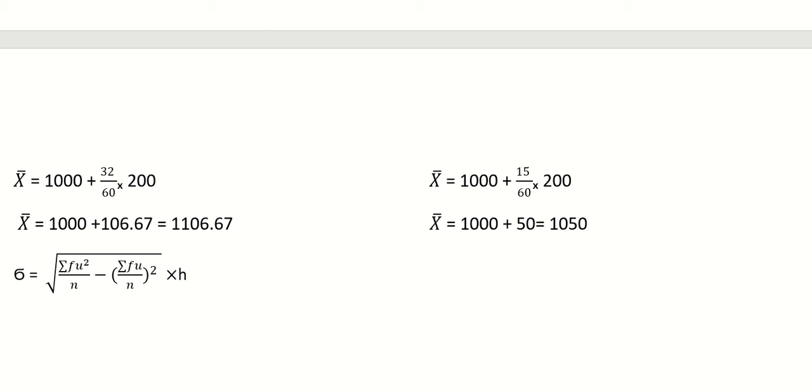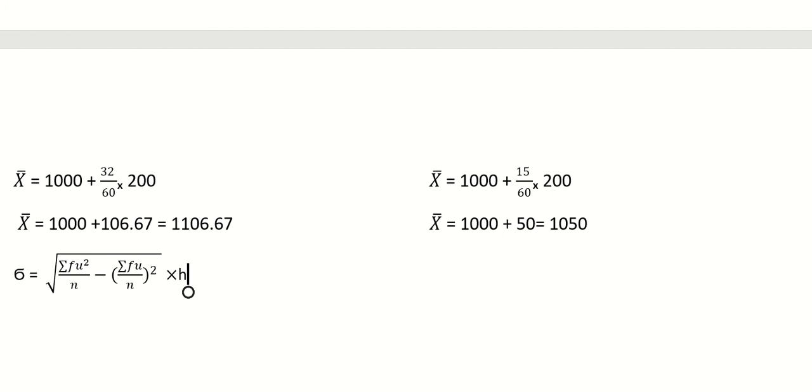So if you compare company A and company B's average life, company A's average life is better, 1106.67 hours, and company B's average life is 1050. So as per mean, company A's performance is better. Now I have to check whether these mean values are actually worth it or not. Are they true representatives of the data or not? It depends upon CV, coefficient of variation. If company A's coefficient of variation is larger, it means this is not a trustworthy value.